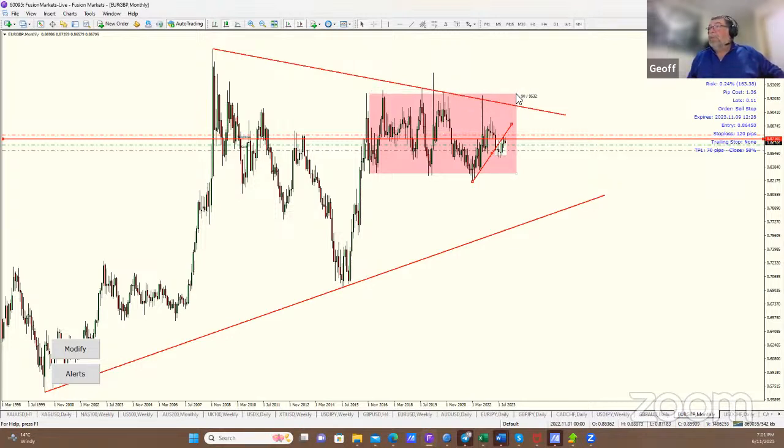You could squeeze that up a bit to actually make a case for that being the high. I'll leave it where it was, but it's close enough for me to say that the last time we visited an extreme of this range was on the high side. We've since put in a lower high, a lower low, and we're seeking a lower high here off this region, which I think is quite,